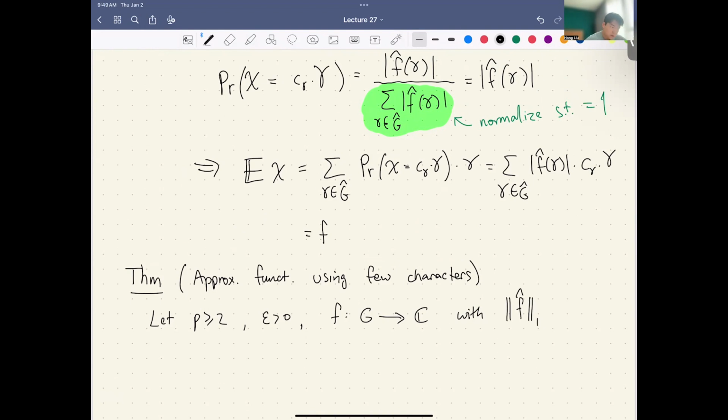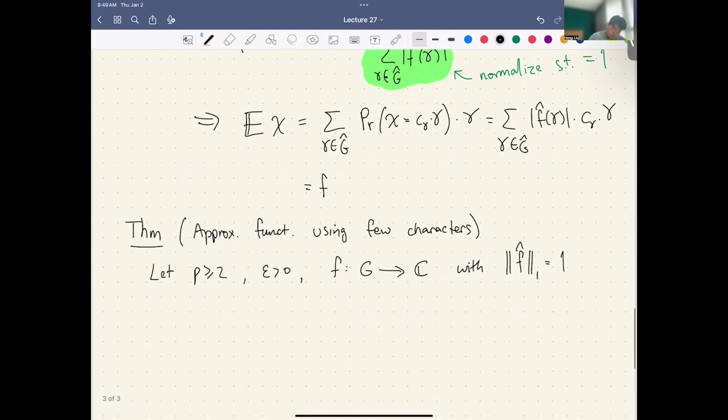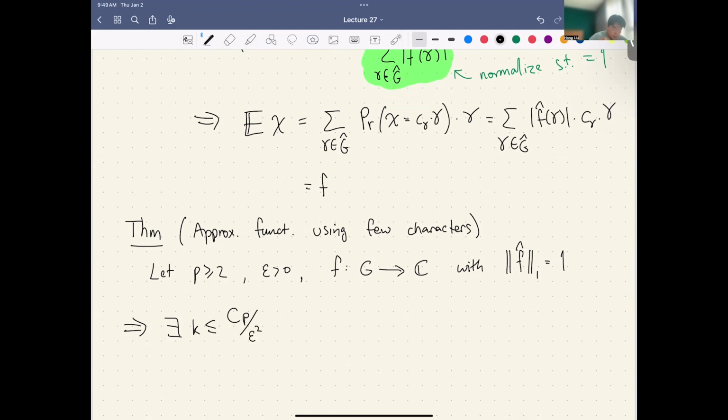Written in a compact way, the 1 norm of it is 1. Then the conclusion is there exists k, which is at most some constant times p over epsilon squared. You see, it's the same form. And characters gamma 1 to gamma k in G hat,